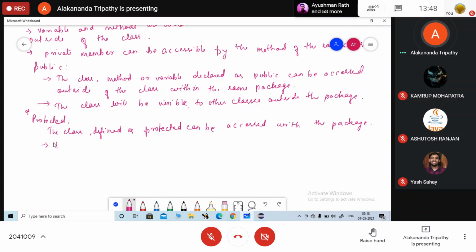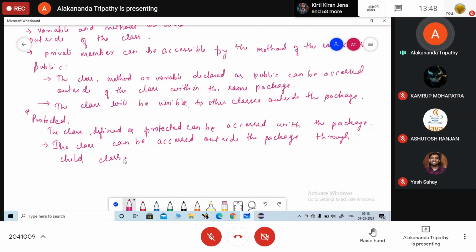And next one, the class can be accessed outside the package through child class. Okay, I will show you this example when we will discuss inheritance. Okay, protected, so I make it as a star mark. You just note it down.